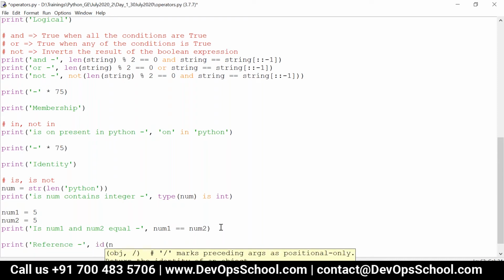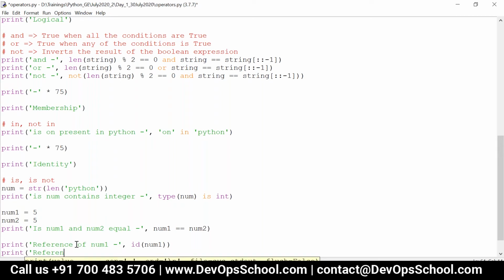I can say id of num1 and then id of num2. So this is the reference of num1 and then print the reference of num2. I can just say id of num2.